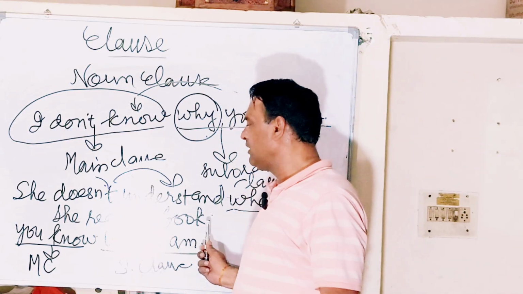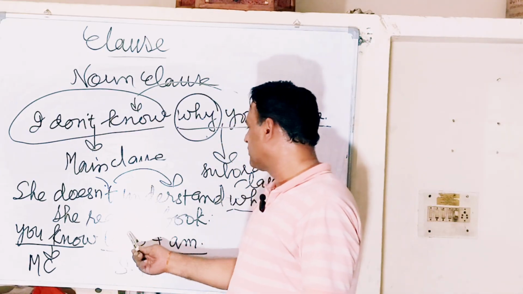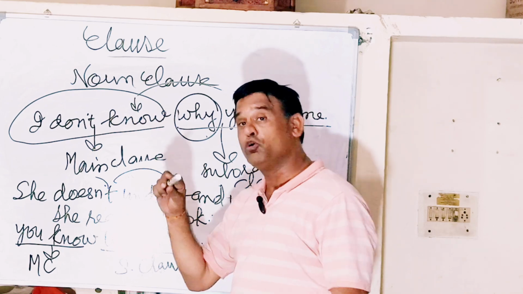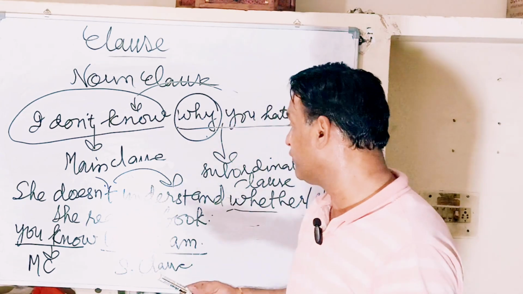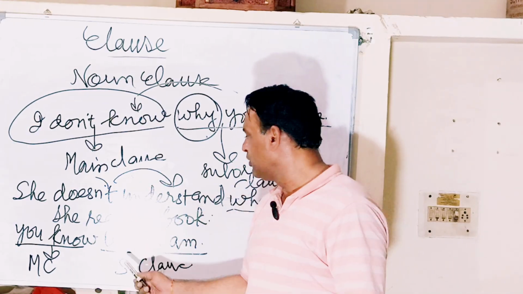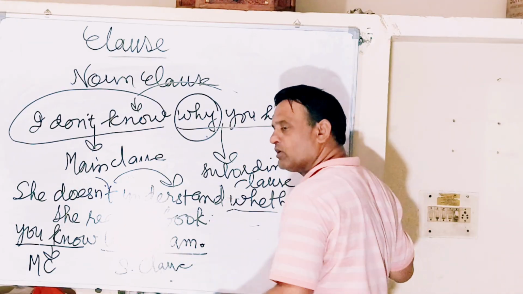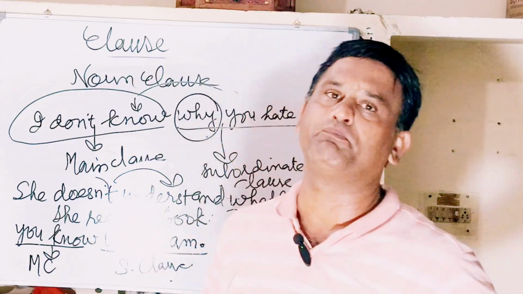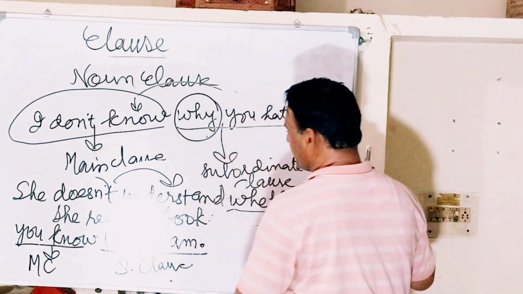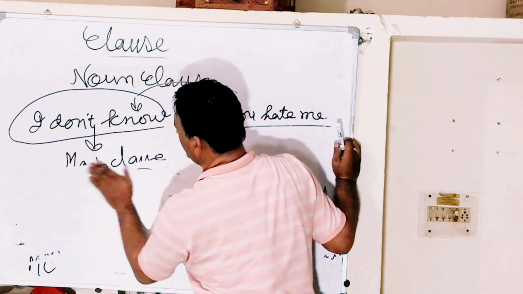You know who I am. In Hindi, if you ask, तुम जानते हो कि मैं कौन हूं, है ना. मैं कौन हूं और कि मैं कौन हूं, both are different. Who I am and who am I, both are completely different. Who am I is a question. Who I am with this main clause is a subordinate clause, and a subordinate clause can never be an interrogative. Subordinate clause कभी भी interrogative नहीं हो सकता. Okay. So it is quite clear. Next,